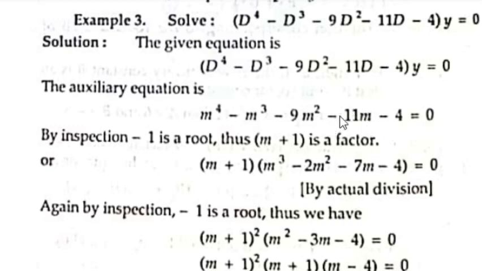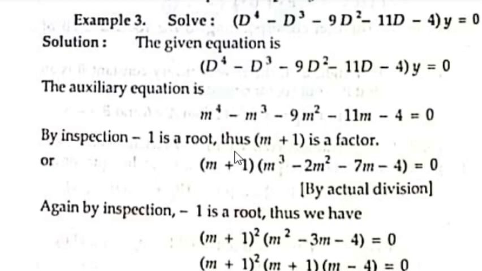M is equal to minus becomes plus 11 minus 9. So again you will get 11 minus 9 as 2. So 2 minus 4 is again minus 2. So again for m is equal to 1, this equation is not going to satisfy. But when you substitute m is equal to minus 1, this is going to satisfy. So therefore by inspection method m is equal to minus 1 is one root,